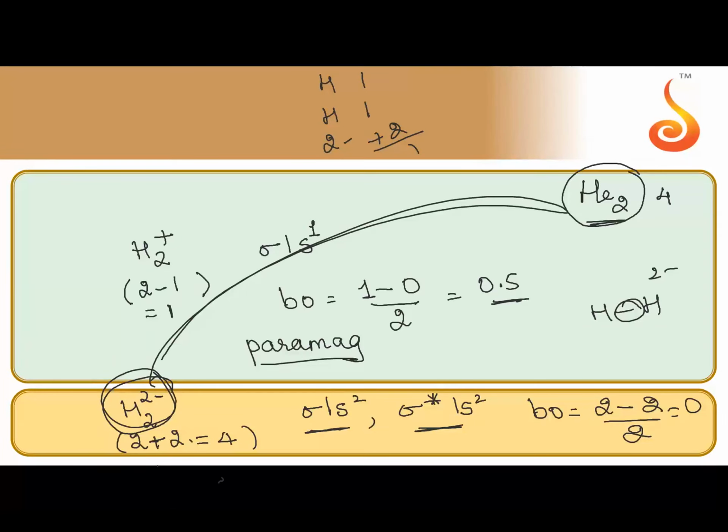But when you have a higher number of electrons, do you know how many bonds are present in N2? General knowledge, I'm not asking you to calculate. How many bonds are present between a nitrogen atom and another nitrogen atom? 3, right? So bond order in nitrogen is 3. We'll calculate and see. For now, we'll assume it is 3. We know it. We have used it in many places.